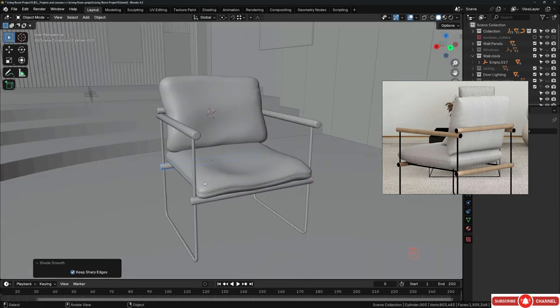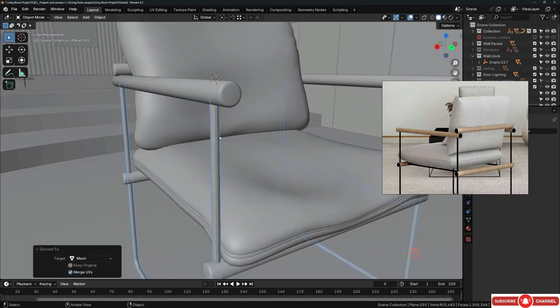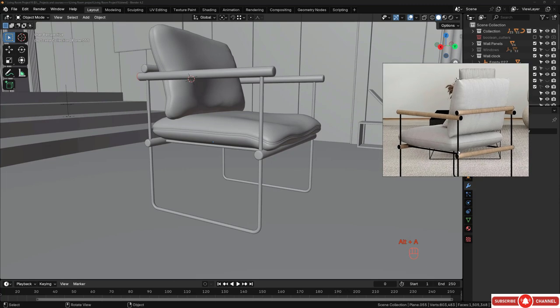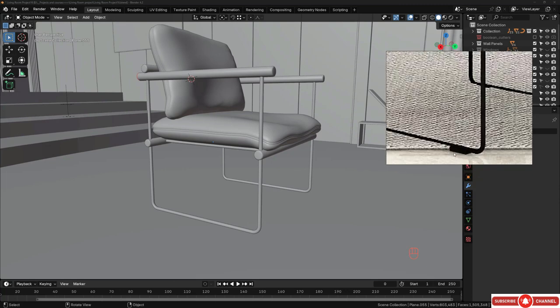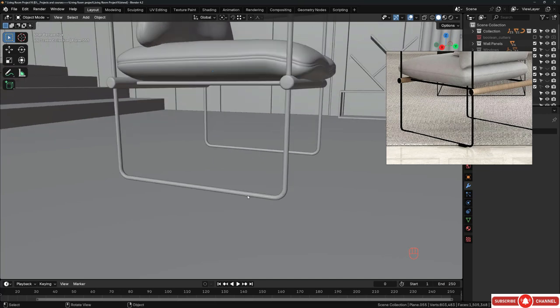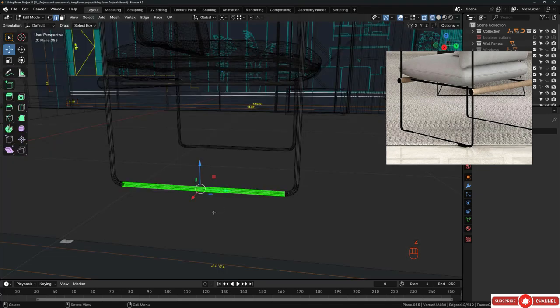All right, and now maybe we can convert this to a mesh again and give it shading smooth. All right, let's see if we missed anything here. Here we have small pieces. I think we could create them. Let's tab and let's select these